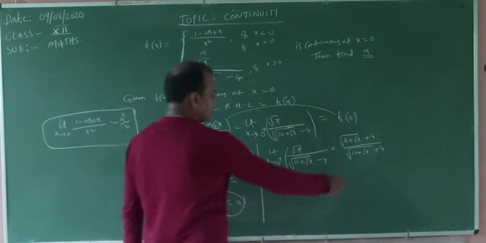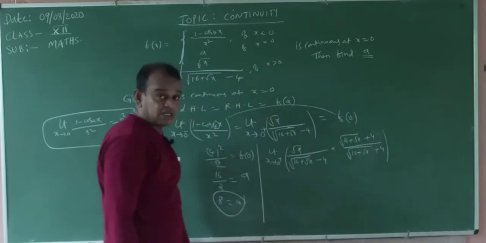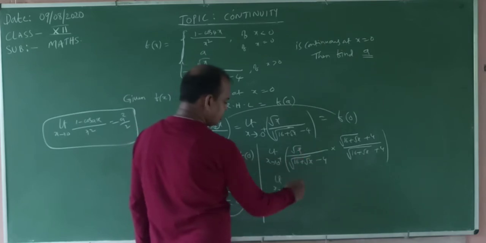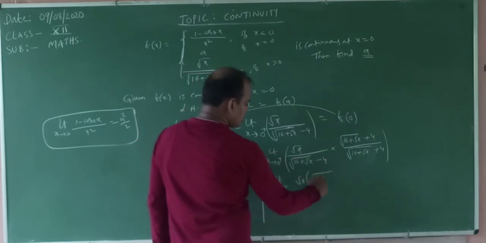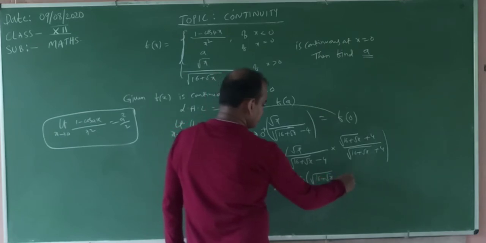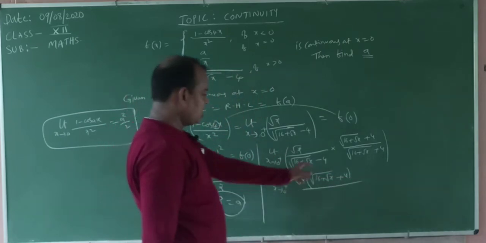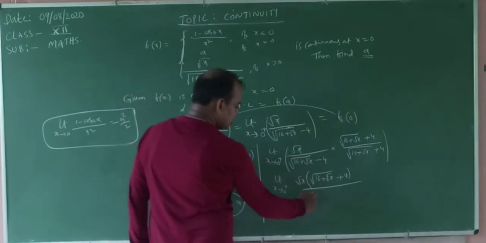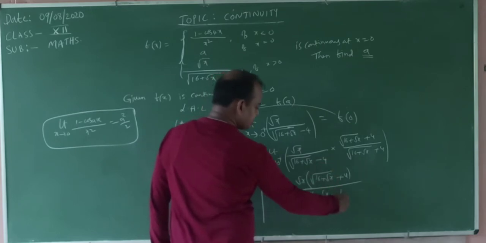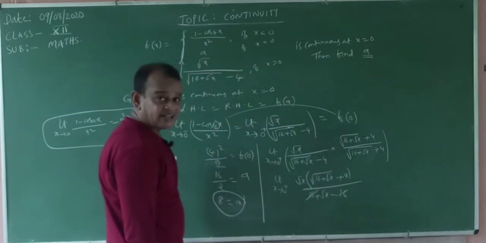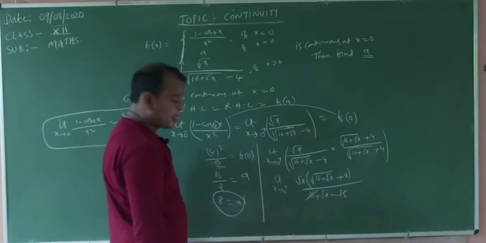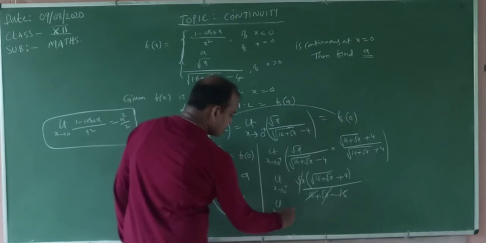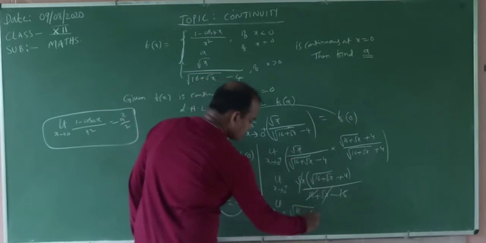Okay. Now, what happened in this one? This is also equal to f of 0, no doubt at all. Now, limit x tends to 0 plus, numerator root x into (root of 16 plus root x plus 4). By the formula (a plus b) into (a minus b) equals a square minus b square, the square root cancels: 16 plus root x minus 16 minus root x gets cancelled. Say yes or no, my dear students. Okay, this root x must be cancelled. Now, limit x tends to 0 plus, root x over (root of 16 plus root x plus 4).